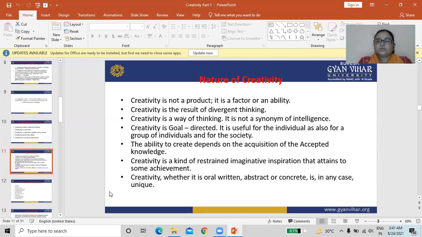Now we will discuss the nature of creativity. Creativity is not a product, it is a factor or an ability. Creativity is the result of divergent thinking.